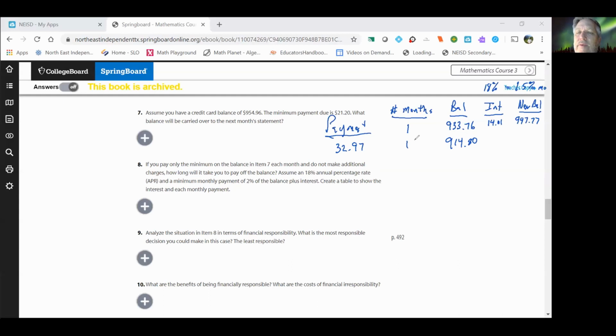Okay, that's after the second one. All right, and then we're going to take that 914.80. We're going to multiply that times 0.015 to get the interest. It's going to be 13.72, and that's going to give me a new balance when I add that together. The 914.80 plus 13.72, and that's going to give me a new balance then of